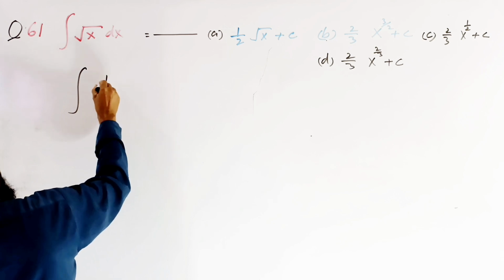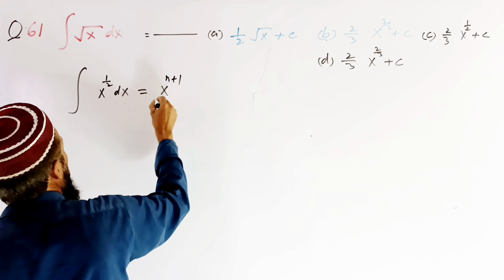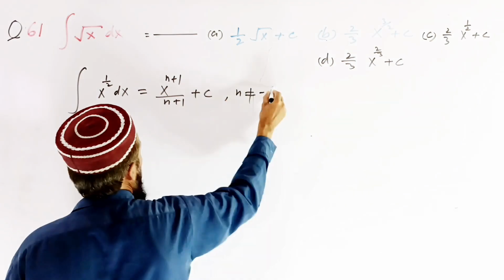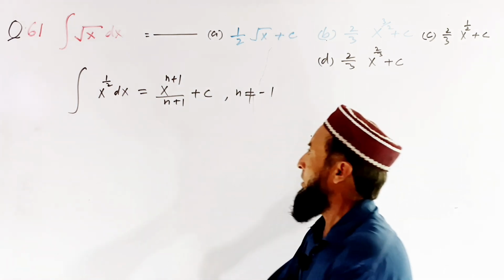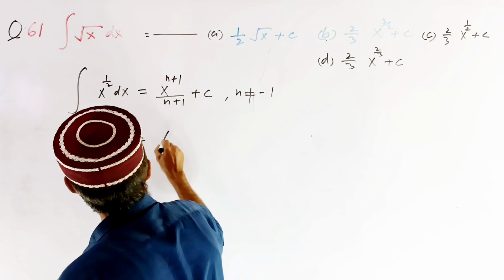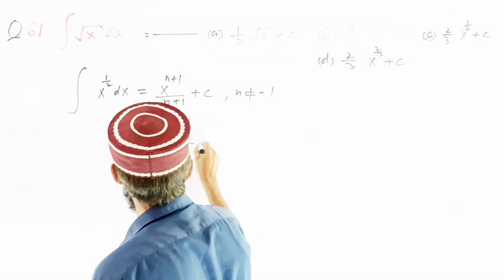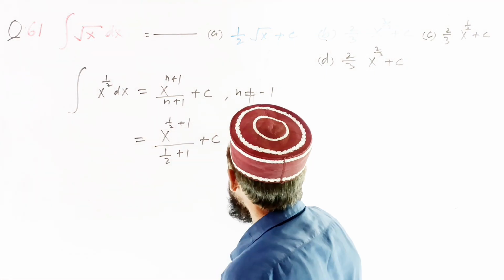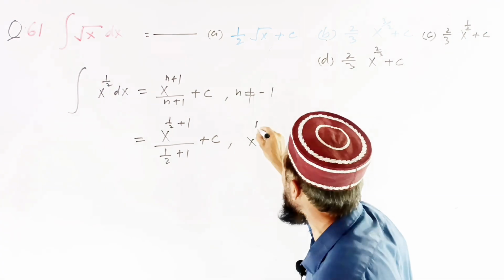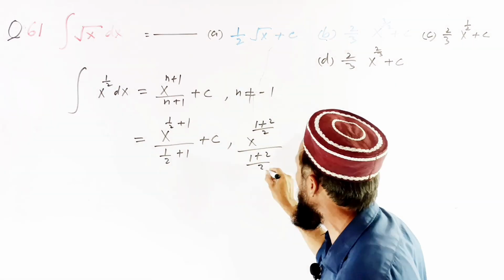As stated in the previous question, here we write the simplification of under root, we can write x under root 1 by 2 dx. Now according to this formula, x to the power n plus 1 divided by n plus 1 plus c, where n is not equal to minus 1. Now, n is equal to 1 by 2, so x to the power 1 by 2 plus 1, divided by 1 by 2 plus 1, plus c. So if we simplify this, taking LCM, 2 is the LCM, so we get 1 plus 2 divided by 2,